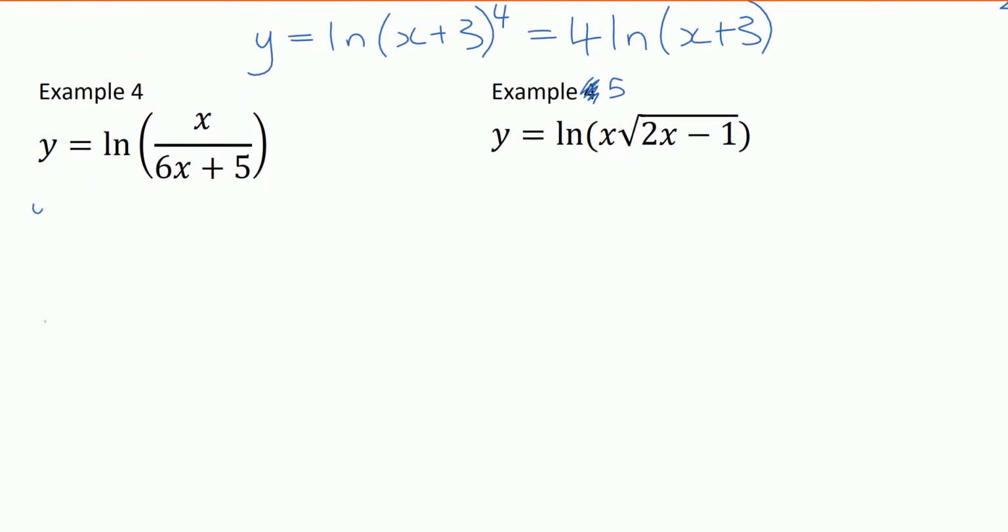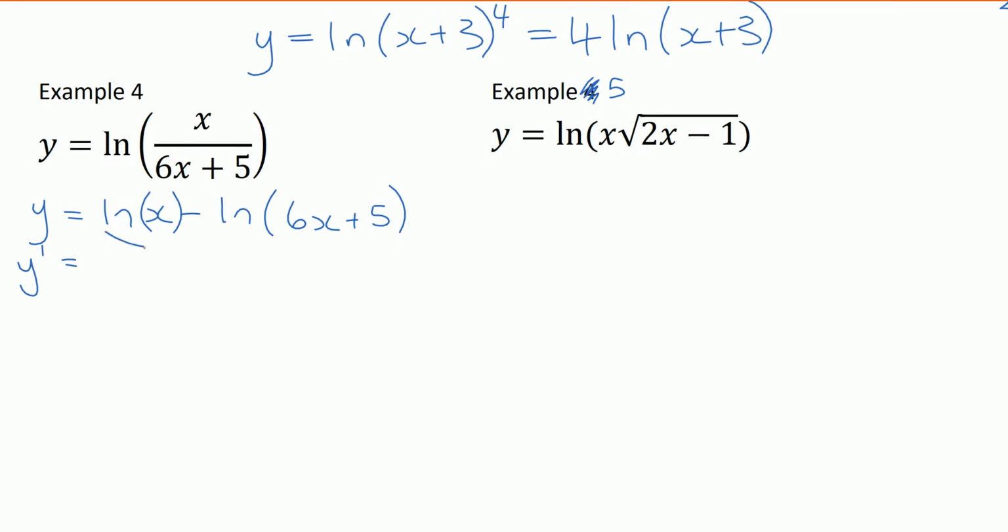So log rule, that's the log of x minus the log of (6x plus 5). I'll put that in brackets to make it look pretty. But what do you reckon? Does that look a bit easy now? Because now it's not a product rule or anything. That's subtraction. So it's going to be,